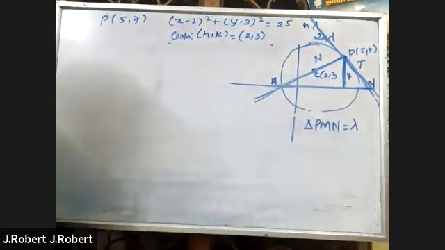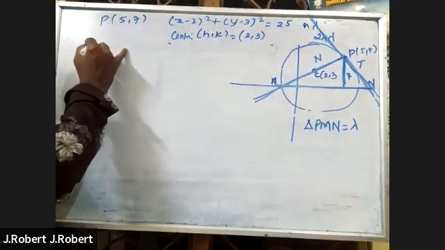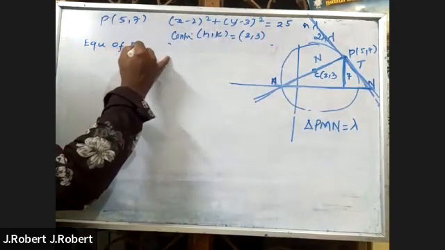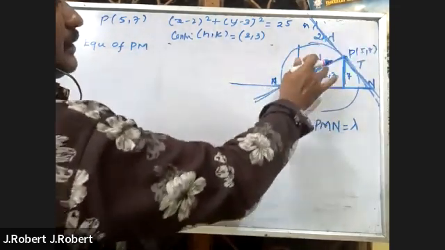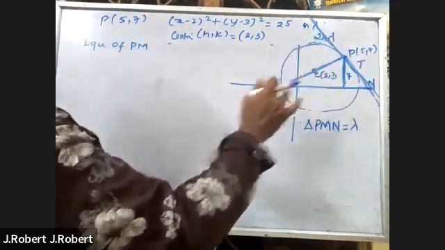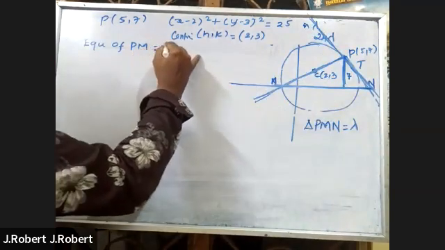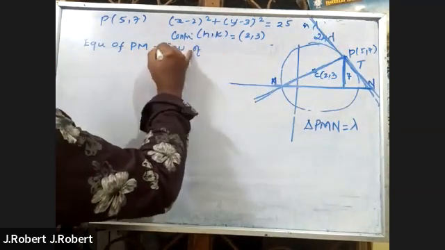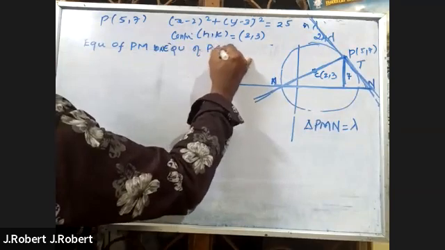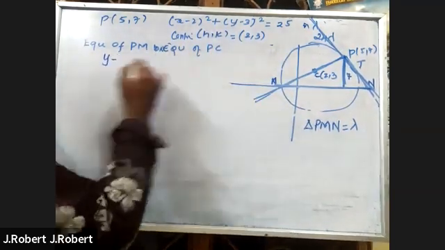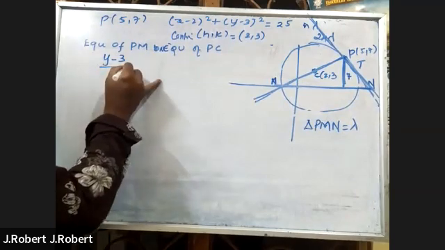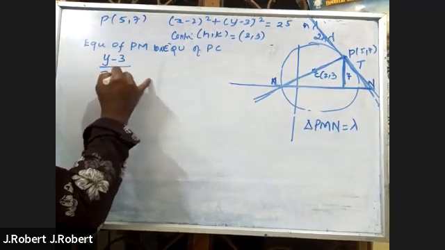ஏன்னா 2 பாயிண்ட் ஃபார்முலா இருக்கு இல்லையா, அதனால ஈக்குவேஷன் ஆஃப் PM. So you just find out equation of PM. PM னாலும் PC னாலும் ஒண்ணுதான் எல்லாமே, சரிங்களா. PM, PC எல்லாம் ஒண்ணுதான். அதனால equation of PM or equation of PC ரெண்டுமே same meaning, சரிங்களா. அதே ஈக்குவேஷன் தான் வரும். 2 point formula, y minus y1, your y1 is 3, y2 minus y1, 7 minus 3,